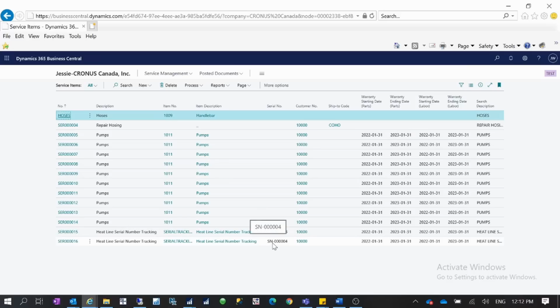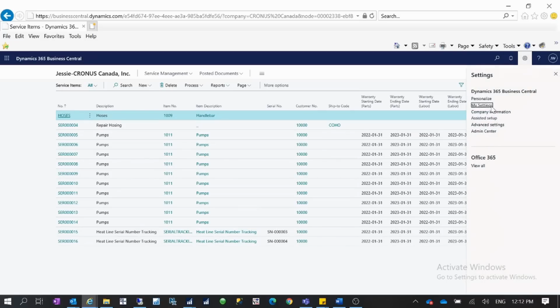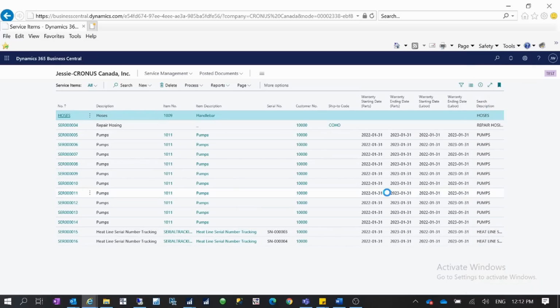One is with the serial number SN-00003, another SN-00004, okay? And we have the starting date, ending date automatically calculated. The reason you are seeing the starting date is starting from this date is because I'm using the trial version of Business Central, and my work date is as